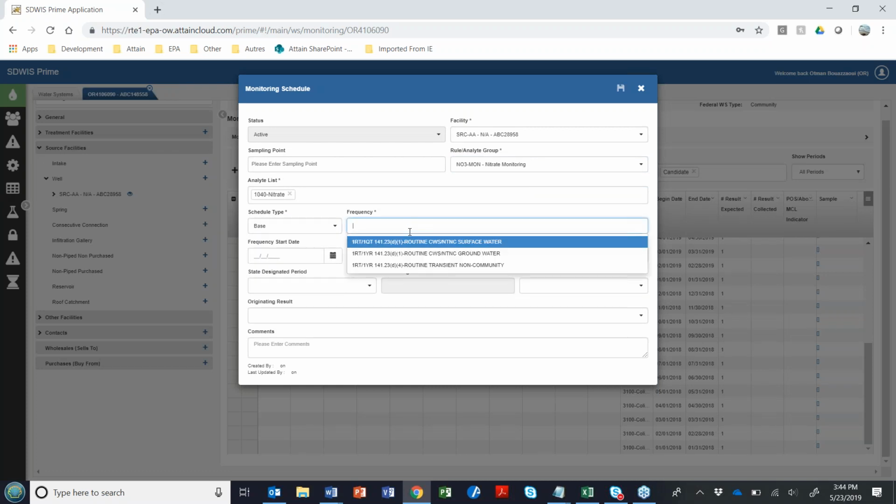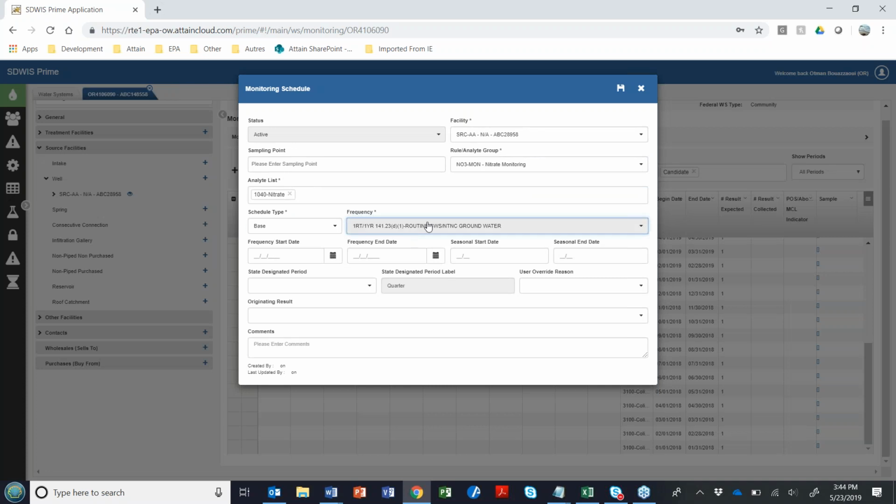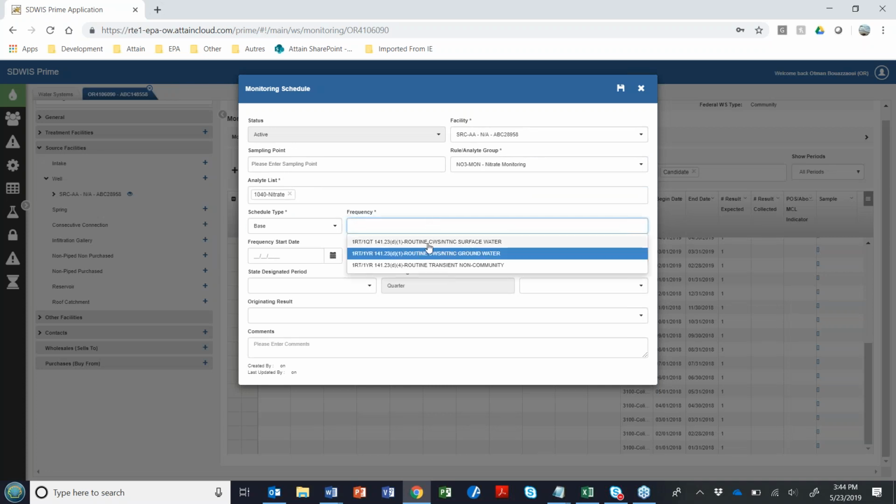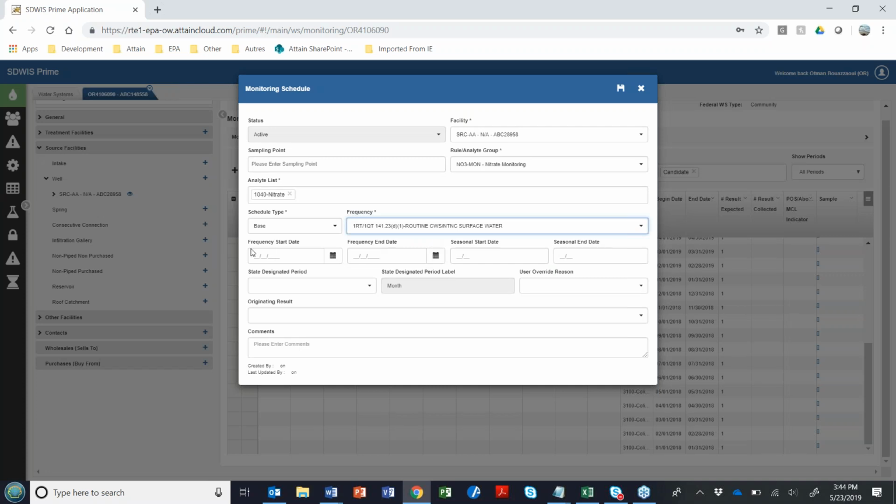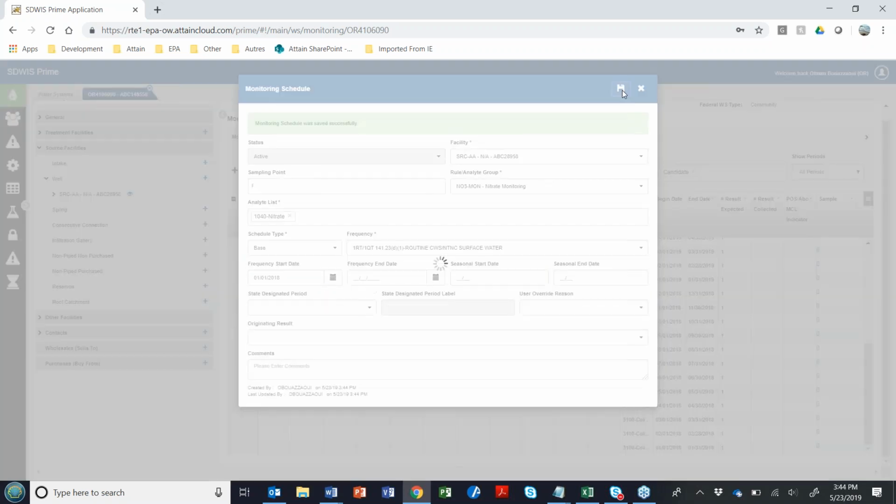Then we'll have it at one routine every quarter. And then we'll get it started on January 1st, 2018. Hit the save button.